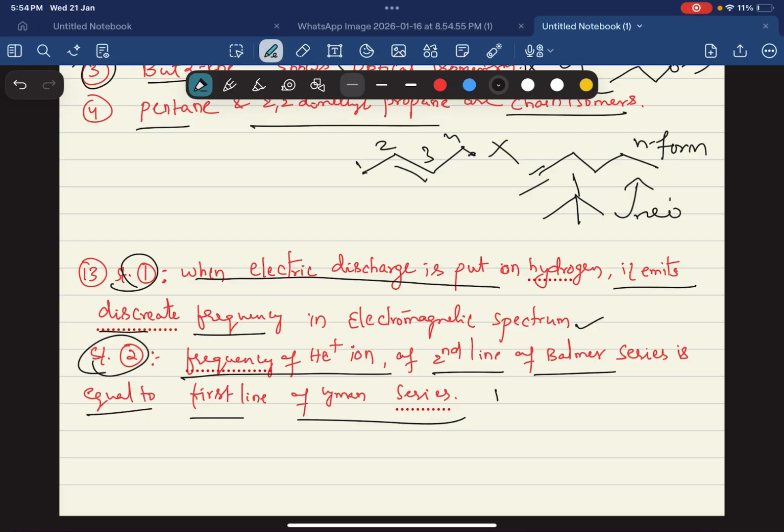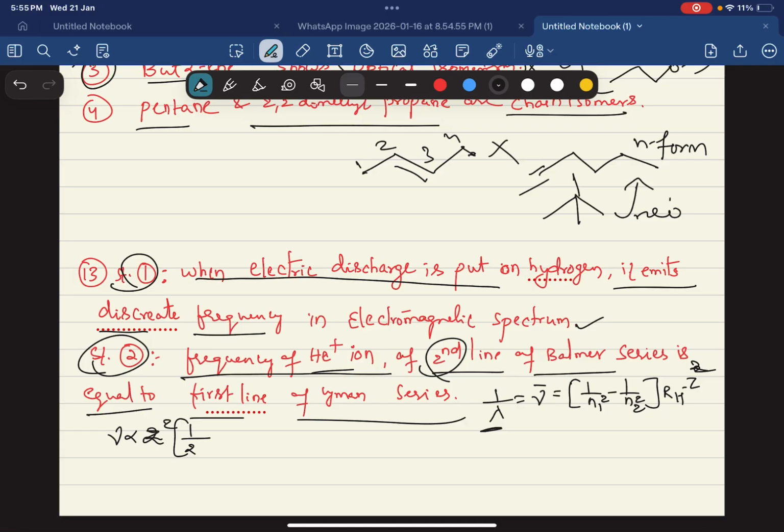Frequency means this is the formula: 1 by lambda equals nu bar equals 1 by n1 square minus 1 by n2 square into Rh into Z square. This is the formula, right? With the help of this formula we can find lambda, and with that lambda you can find frequency. Otherwise we can directly do it this way. So nu is directly proportional to Z square, it's helium, right? So Z square we can write as 2 square, and n1 value is 2 because the second line of the helium ion is given. So n1 square means 2 square minus 1 by